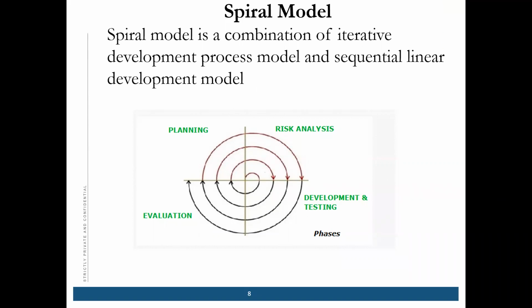As Pallavi has said correctly, the spiral model is a combination of the iterative development process model and the sequential linear development model. Either we can do it sequentially or iteratively. So mostly when it is a very complex project, that time we use the spiral model. For example,